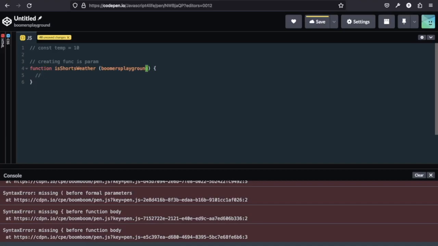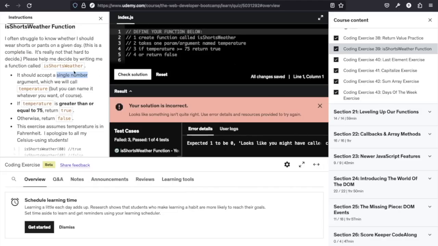Because all this parameter argument is just a placeholder. It's just saying, hey, when I call you, I'm going to give you a value. And I saw a lot of people when I was still on the Discord that were just like, well, how do I know what it is? You'll be given that information. And like I said, right here, it even tells us